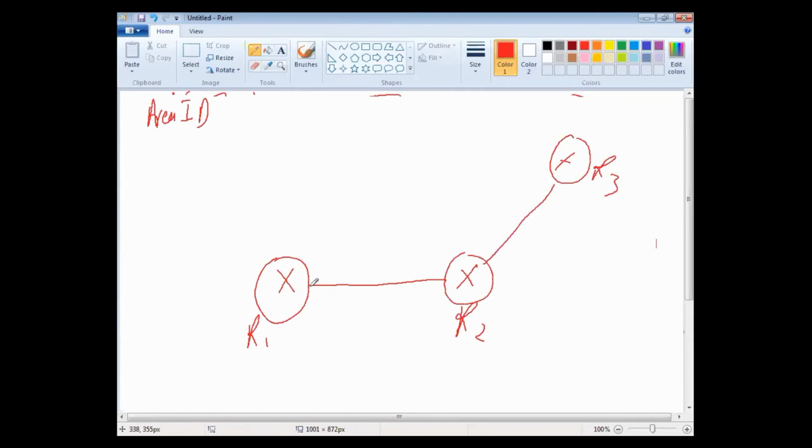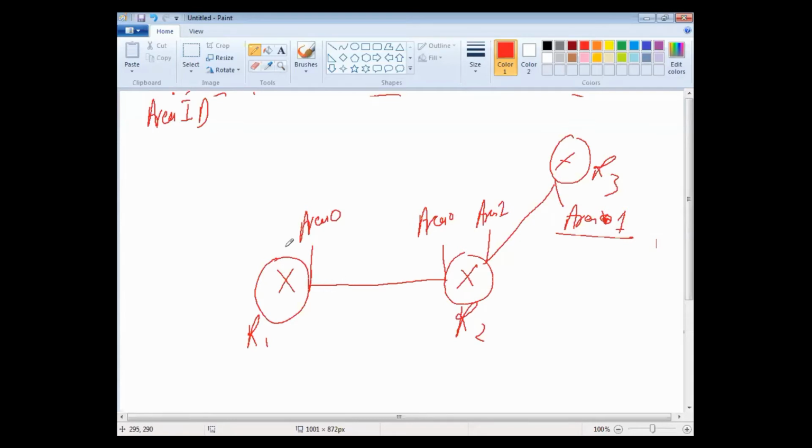If this interface is configured with area 0, this interface must be in area 0. If this interface is area 1 and this interface is area 0, there will be no neighborship. So it must be area 1. The area ID must match.